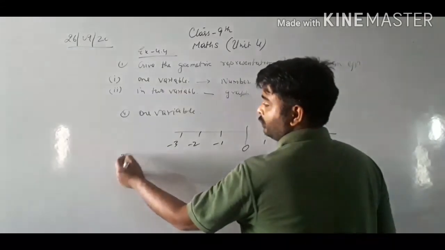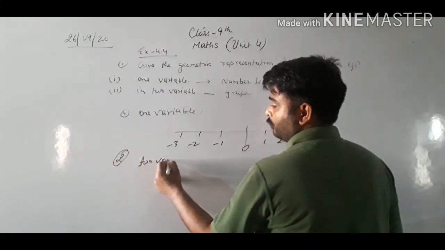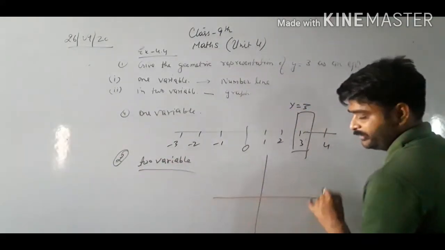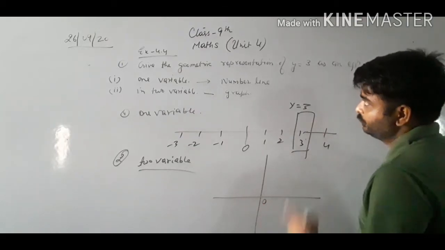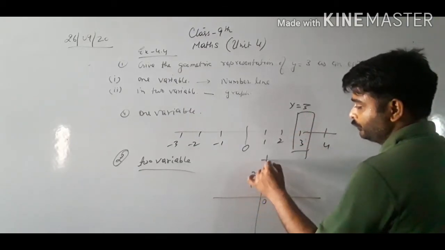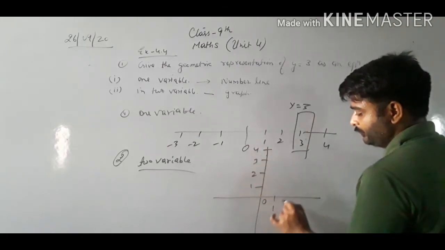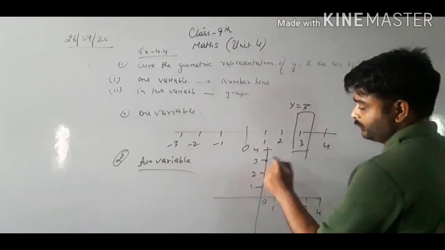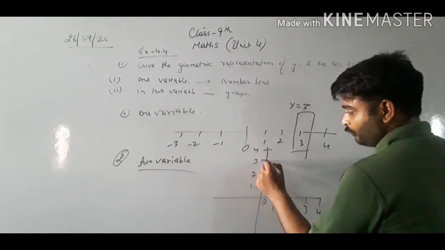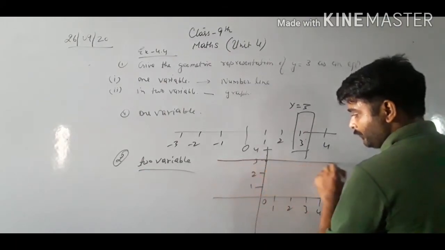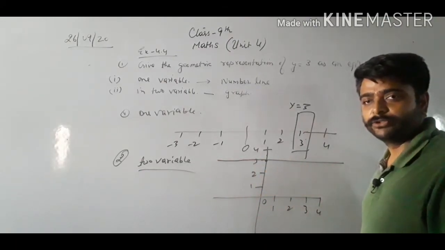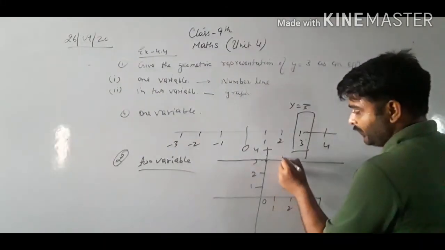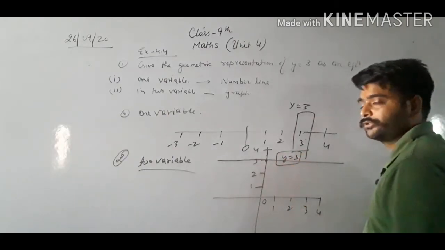And for two variables, we need to draw a graph. This is your graph. It's a 0. What is y? 3. So 1, 2, 3 and 4, again 1, 2, 3 and 4. Okay, y equals to 3. So class, it's a coordinate of y. We will make a parallel line, because if x is 0, the line of the y axis goes parallel with the x axis. So this line is considered as y equals to 3.